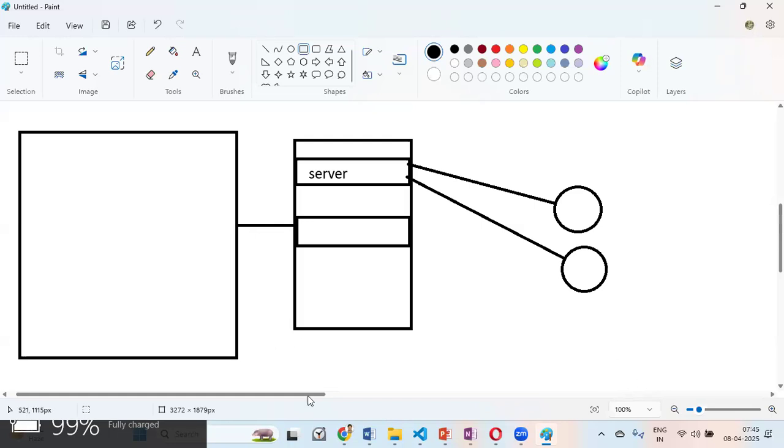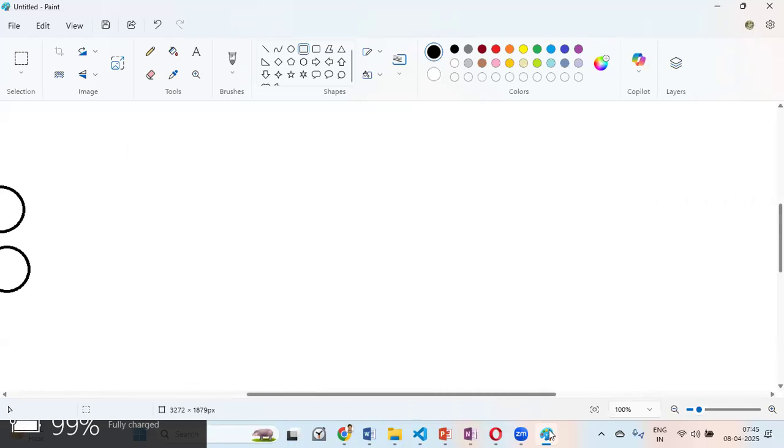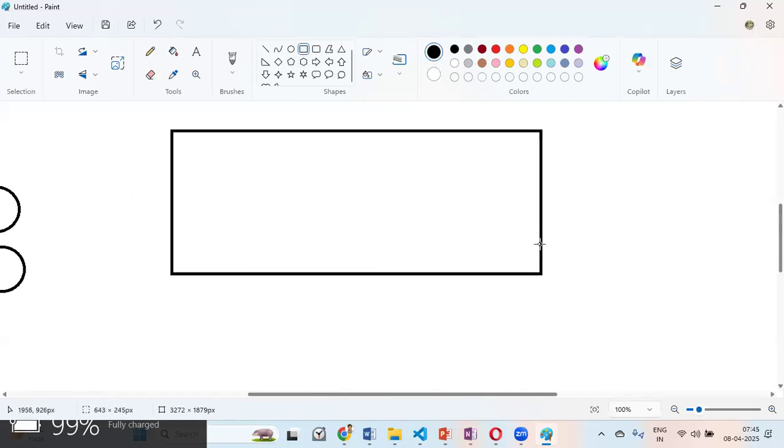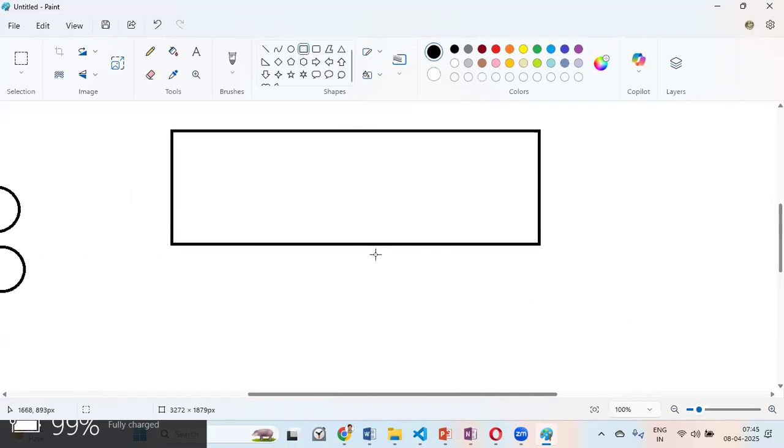So they came up with a solution, that is, how about we share the resources? That means, let's say this is the rack server, one of the servers in my rack. Now, if we can share the resources, and we can spin up a machine on this rack server, and whenever we want, if we can share and spin up multiple machines on this particular server, then we can cater to optimizing the resources, and we can package more and more applications and cater to more and more users.